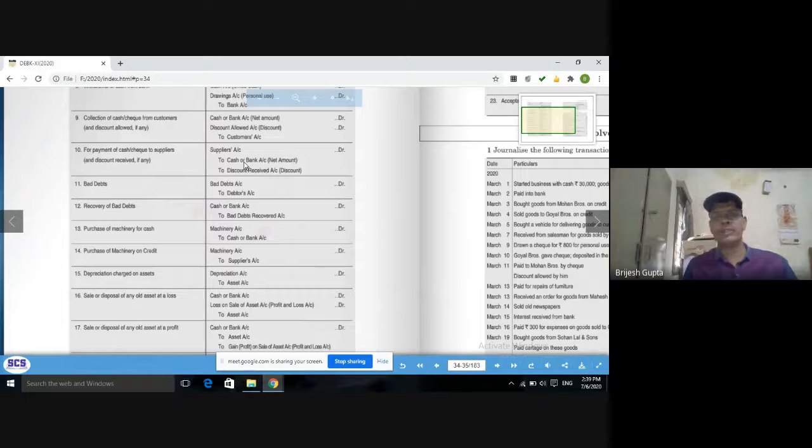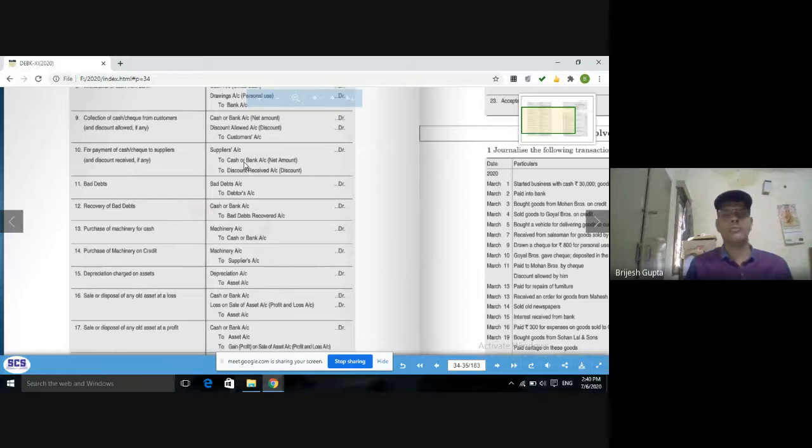So these are some initial, basic entries. The first entry is for commencement of business. When business is started, business needs assets. Without assets, business cannot function. So they purchase assets, which can be purchased on cash basis or credit basis, so we pass separate entries for cash purchase and credit purchase of assets. Then there is a need for goods. Without goods, business cannot be conducted. So goods involve basically four things, and goods purchase means purchase account.